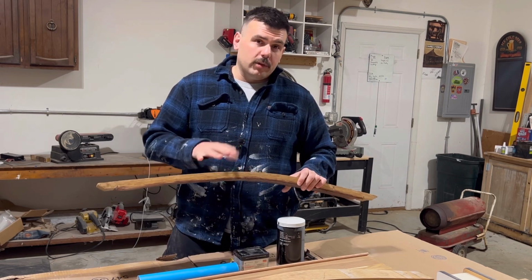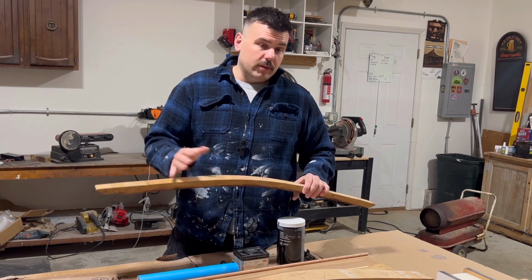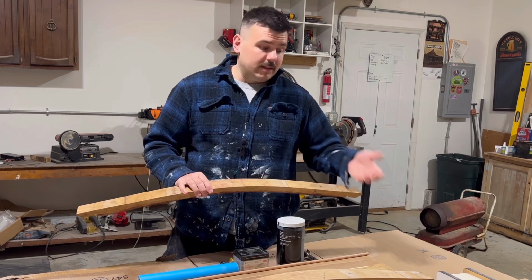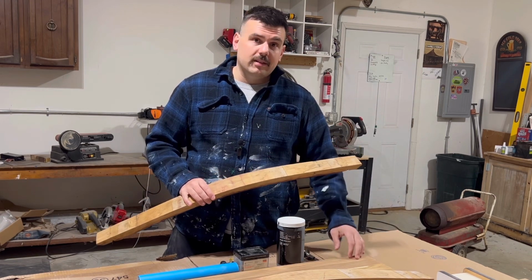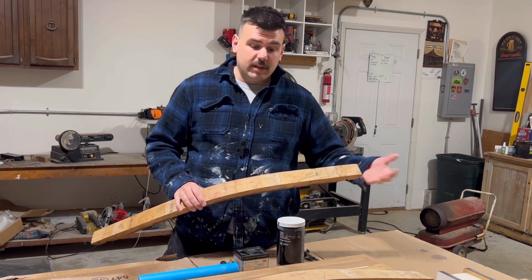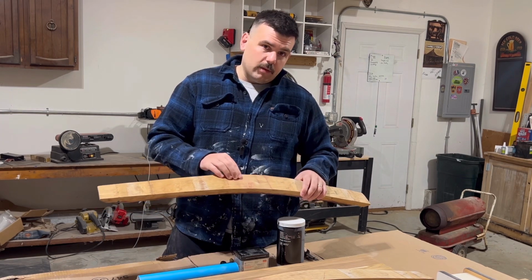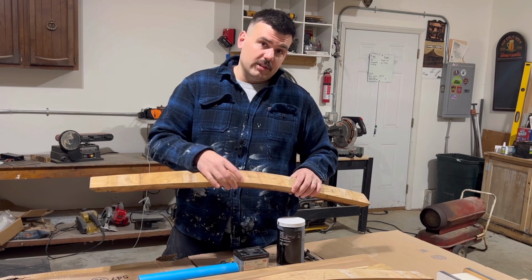Usually they're about $3 to $4 each, and this project, in order to make 4 wine racks, requires 2 staves. So for $8 plus the $50 for the base, you can make 4 wine racks, which I think is a pretty good deal. When you do buy them, look for ones that are about 2.5 to 3 inches wide in